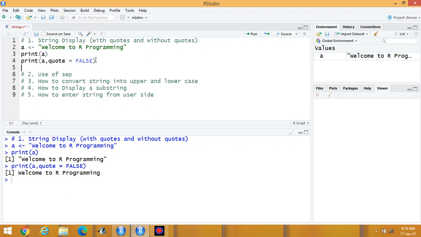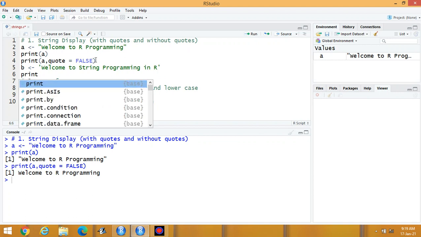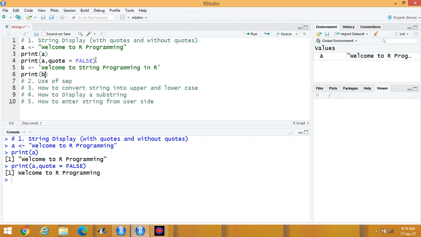One more content is there. Suppose I am writing welcome to programming in R in single quotes. Then print the string now. Let us check the output.